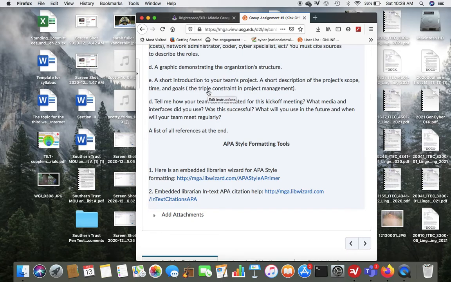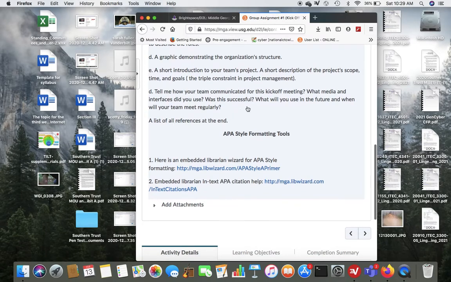I need a short introduction on the team's project. Give me some information on your company and the project scope, time, and cost, those three constraints. So you need the scope and your schedule or your time and what are the goals of the project. And tell me how your team will communicate for your kickoff meeting.